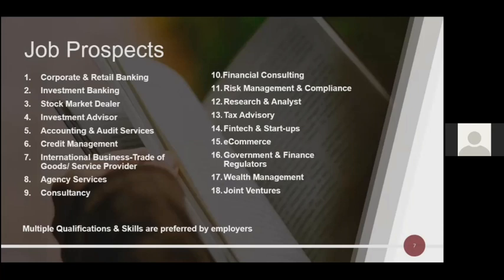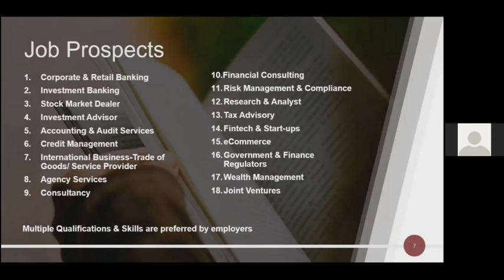Fintech and startups. Fintech is a rising career. It is still rising. It has not completely penetrated the market. So I feel that you can start getting certifications in it, as I mentioned in the third slide, in the industry trend. By the time you complete your degree, college, fintech is really going to be on the rise. And if you already hold certifications and qualifications in it, then definitely you will have very high demand in the job market. Then startups are there.